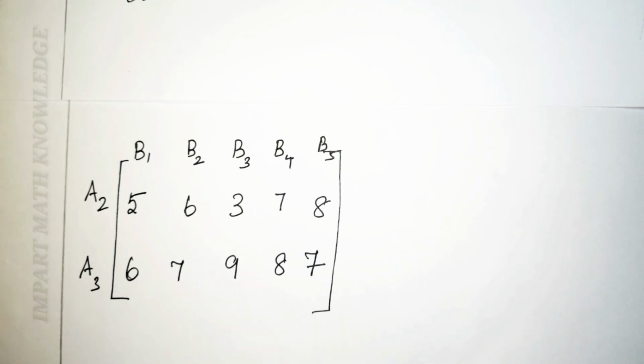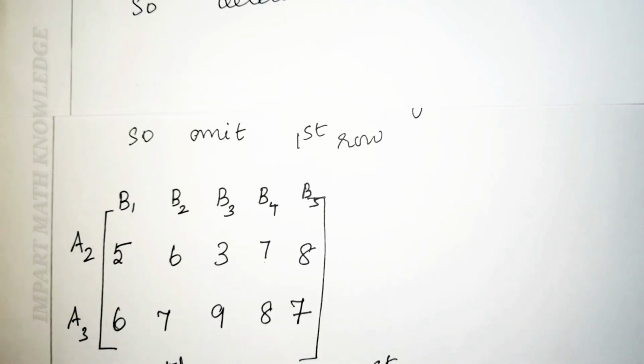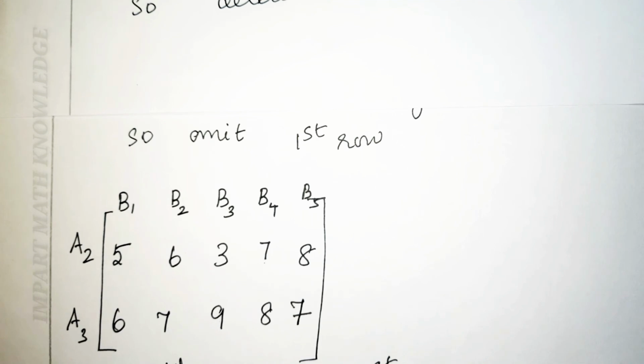This is the reduced matrix. Here we have 2 rows. Now we can compare with the columns. Row means you have to delete the lesser one. Column means you have to delete the greater one. I compare the first column with the second column. 6 is greater than 5 and 7 is greater than 6. So the second column is greater than the first column. This implies that the second column is dominated by the first column. So you have to delete the second column.